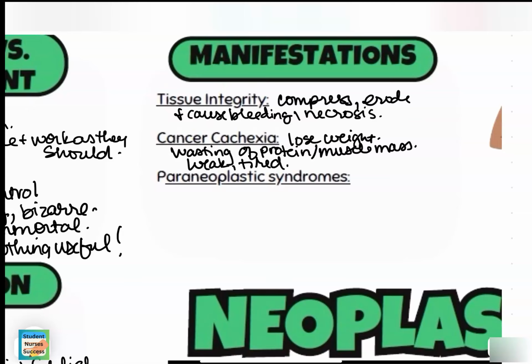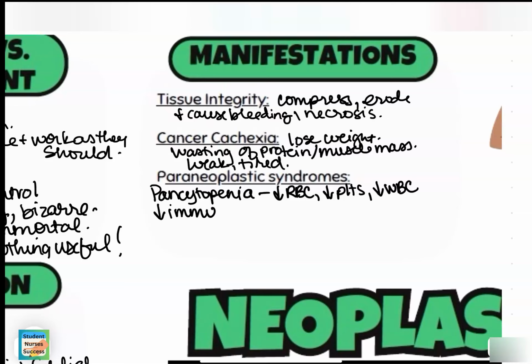And sometimes we see paraneoplastic syndromes. These are collections of events that occur, maybe something we call pancytopenia. Pancytopenia is a decrease in red blood cells that causes anemia, a decrease in platelets that causes bruising or bleeding, and a decrease in white blood cells that are functioning, increasing risk of infection. We'll see maybe decreased immune response overall,